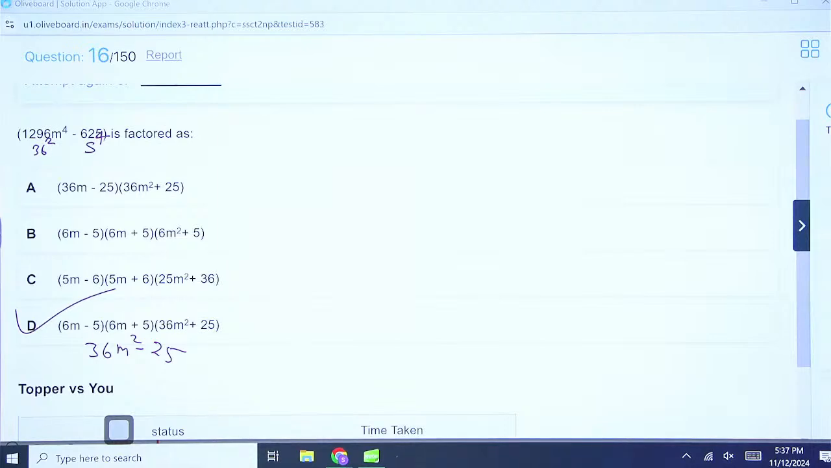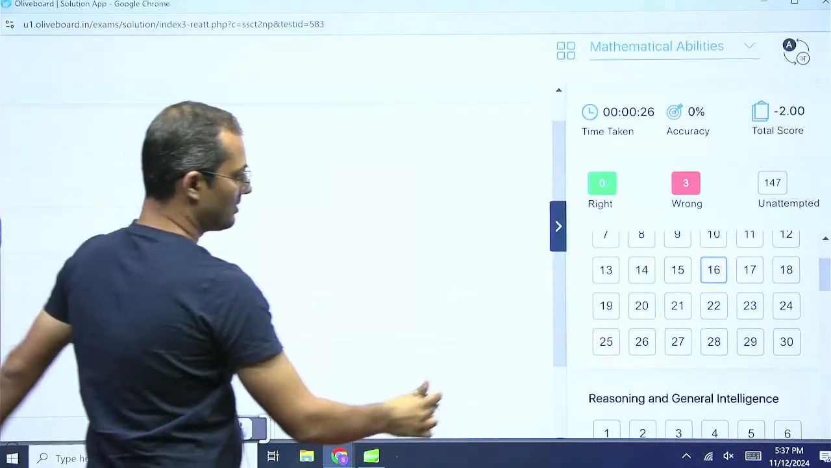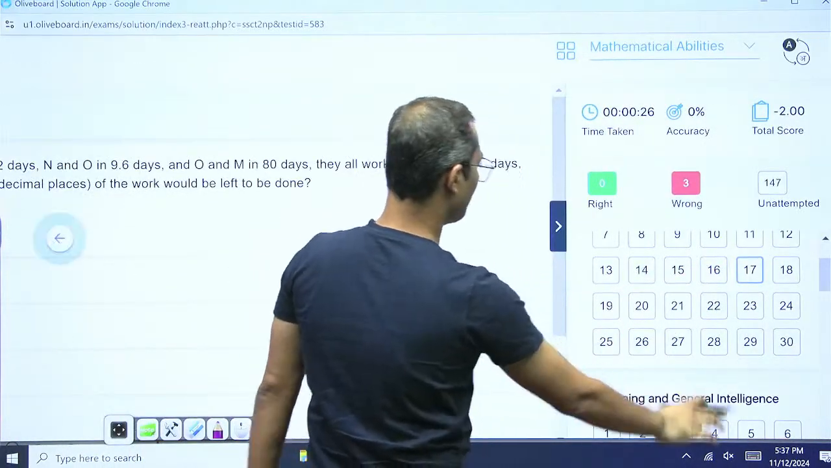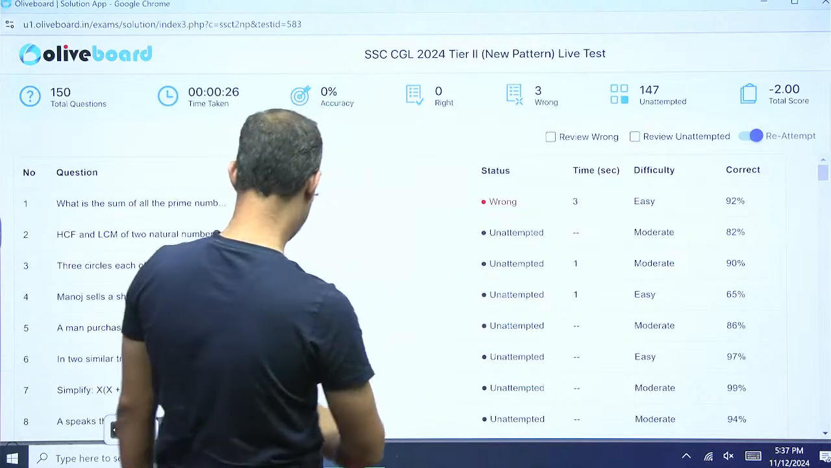And none other is going to follow, right? So only option D is correct. So here we have applied the basic formula of, sorry,